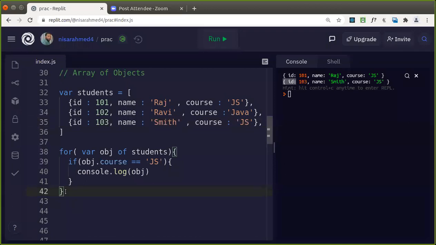Now I want to have the data updated. You can update the details, add more objects. All these things, like CRUD operations, you can perform as they are on the array of objects. Let's take up one more example. I will just take a structure.